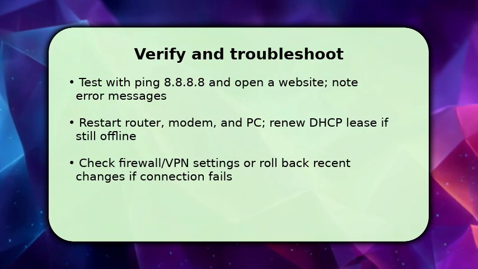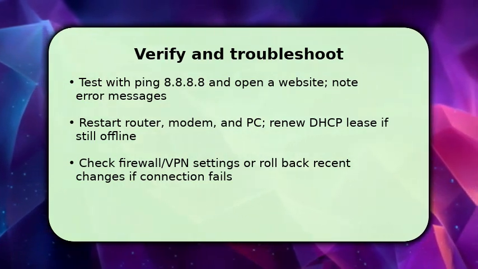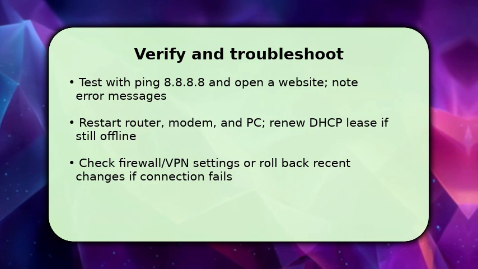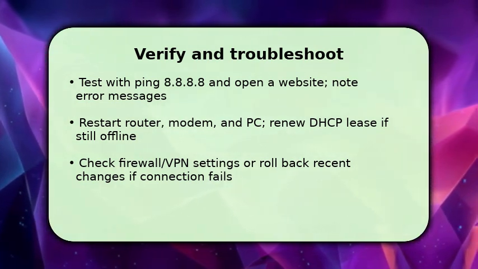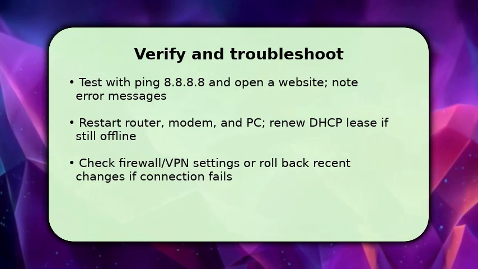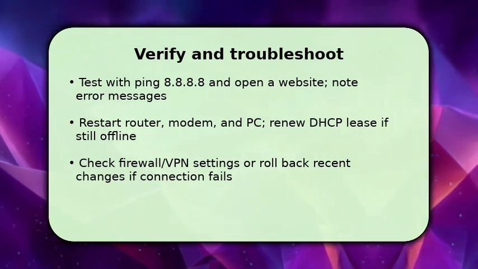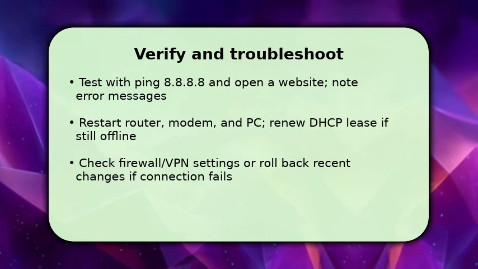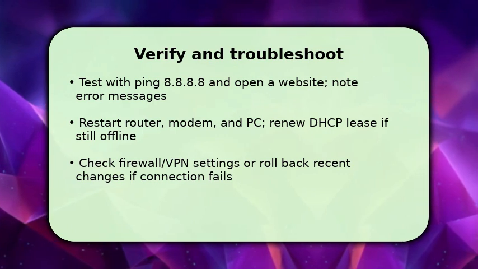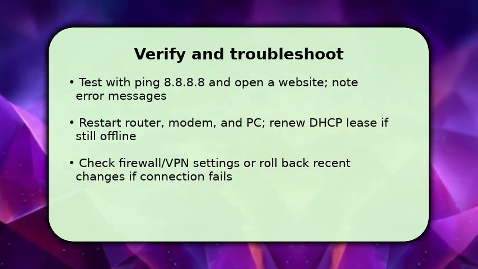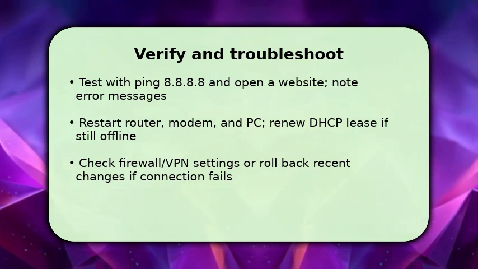Finish by verifying access and resolving common failures. Do a quick ping to 8.8.8.8 and load a website to confirm DNS and routing. Note any error text you see. If there's no connection, restart modem, router, and PC, then renew the DHCP lease from network settings. Finally, check that firewall or VPN isn't blocking traffic and undo recent network changes. If all else fails, swap cables or a USB Wi-Fi adapter to isolate hardware versus configuration problems before calling